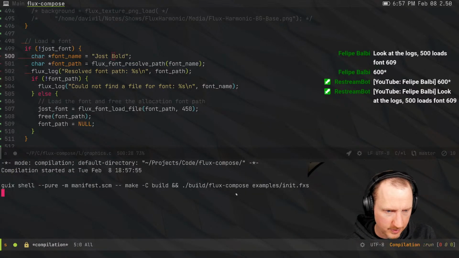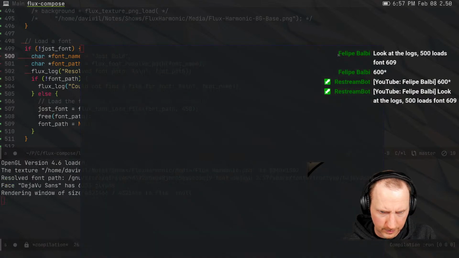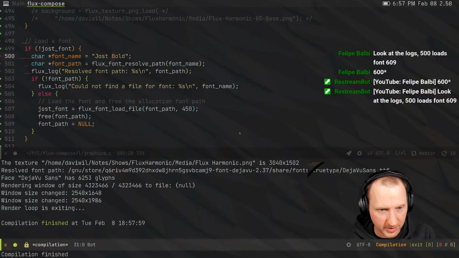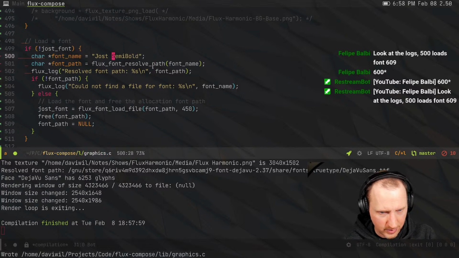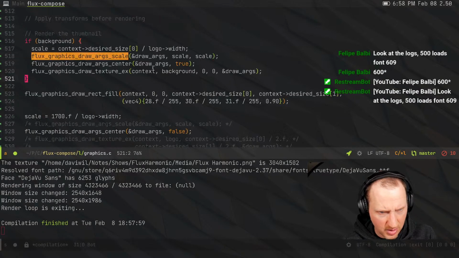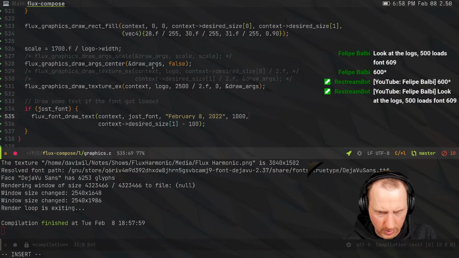Ah, crap, come on. Whoa, it doesn't show at all. Okay, we're gonna go back to semi-bold. And we're gonna set the position. I don't know why we have to do this, but